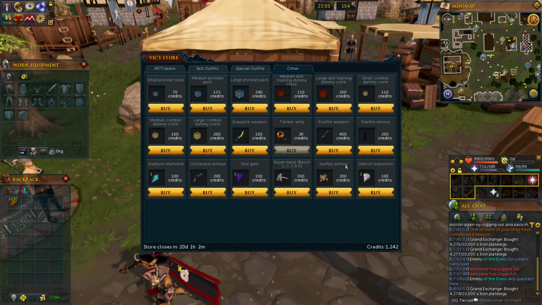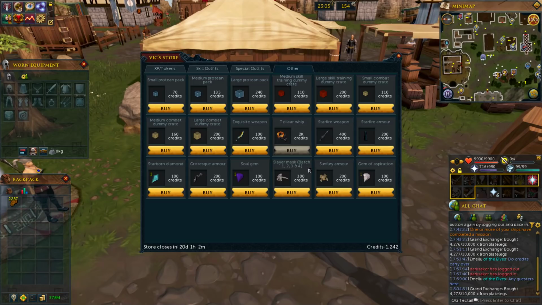Starfire, Grotesque, and Sun Fury, they are all decent enough options, but purely cosmetic. And last but not least is the Slayer masks. It gives you one Slayer mask at random. So if you're going to be doing this, I would recommend doing Shattered Worlds before you actually claim that. You have 20 days as of making this video to get any Slayer masks that you want from Shattered Worlds. If you are a max level combat person and you have tier 90s, you can get